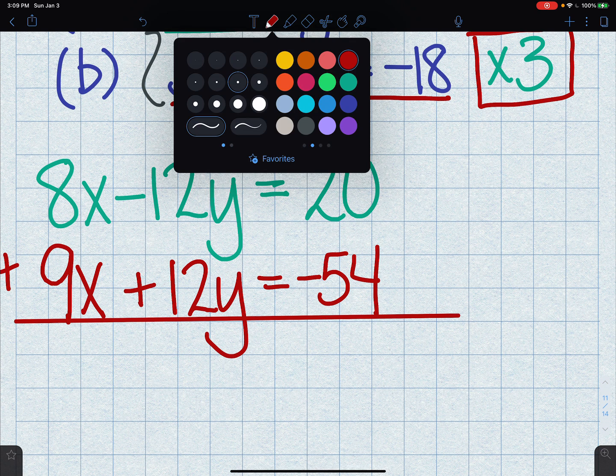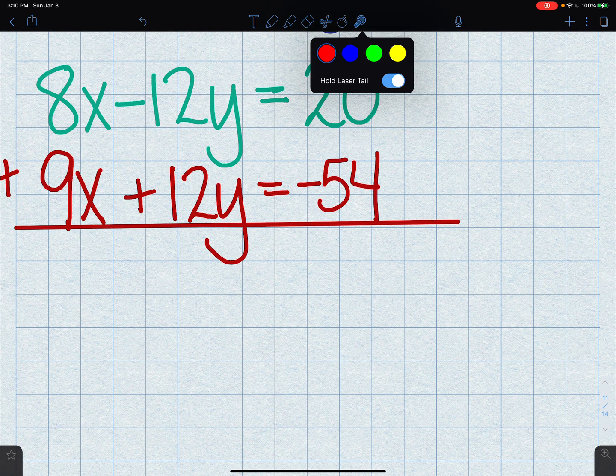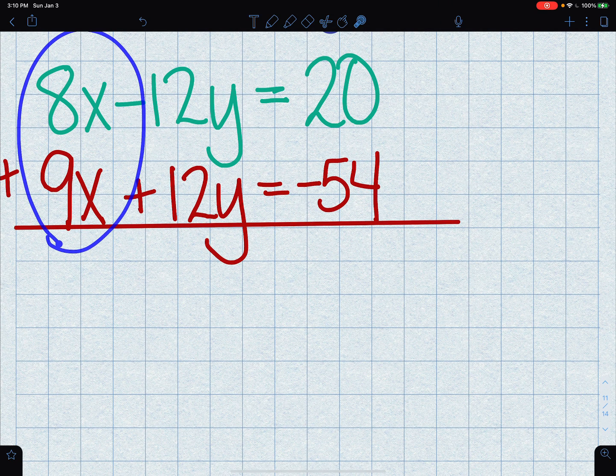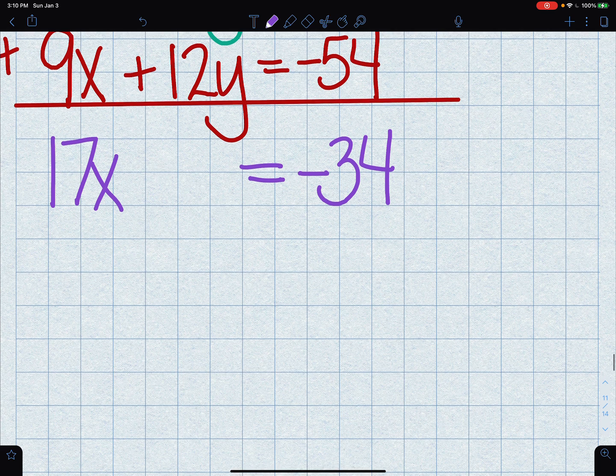Let me get a different color so it is obvious what I'm doing. We're going to take this 8x plus 9x first, which is 17x. And then look at this, the y's are gone: 12y minus 12y is nothing. That is equal to negative 54 plus 20, which is negative 34. So we have 17x equals negative